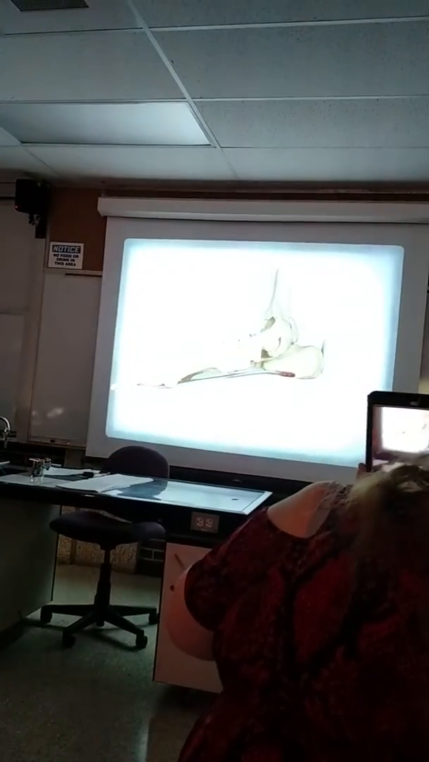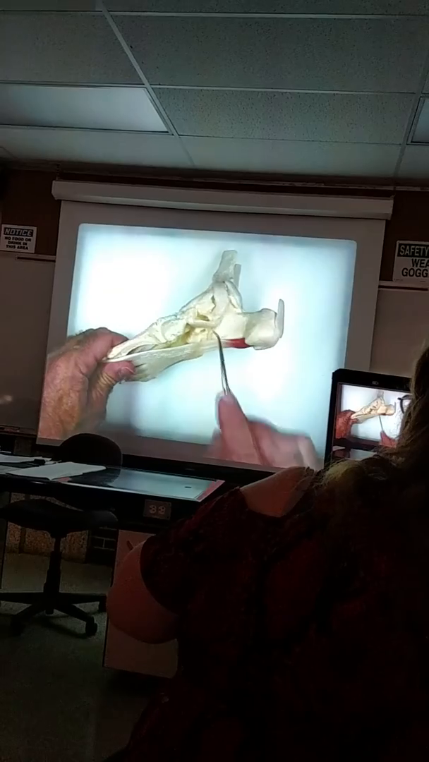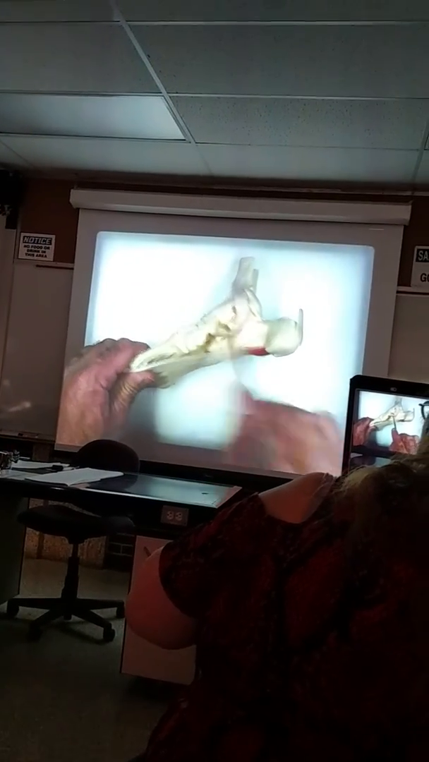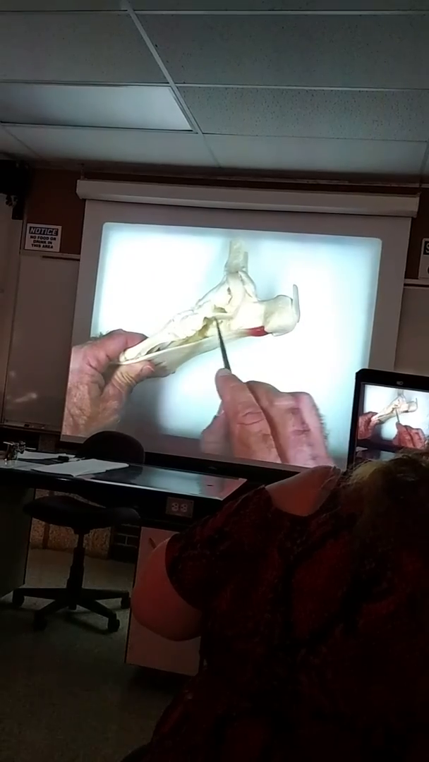Here's the medial side, right in order. The calcaneonavicular ligament, it's called the spring ligament. It's right here. From the calcaneus to the navicular. The calcaneonavicular ligament. That's called